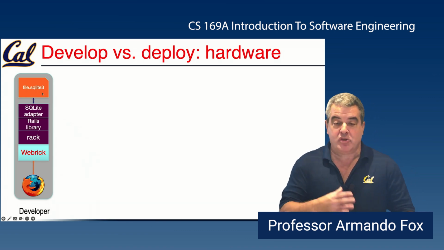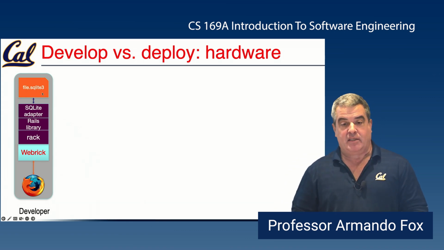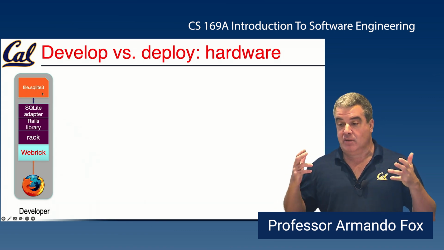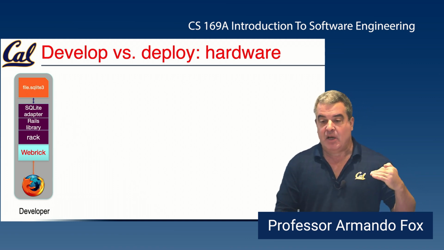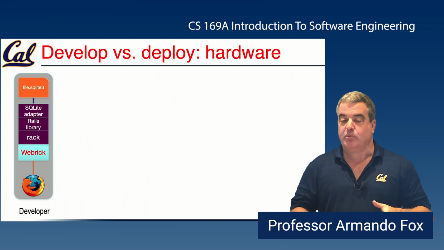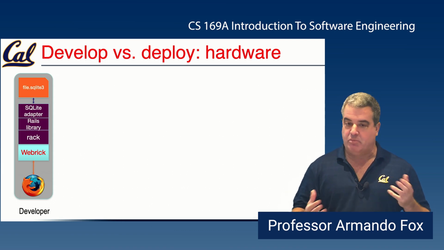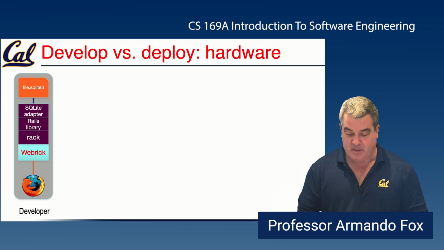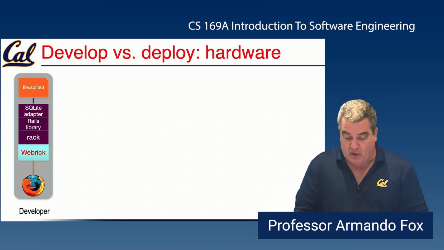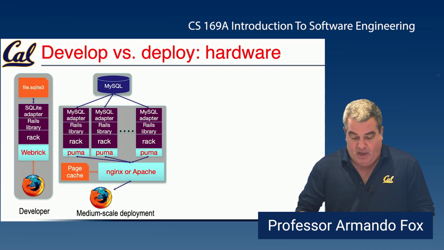And usually, most of us are using something like SQLite, which provides all of the logical functionality of an SQL database, but it's single user, single machine, not designed to be used by multiple users. It saves the database in a simple file. It's fine for development. When you go to what I'll call a medium scale deployment, you might see something like this,